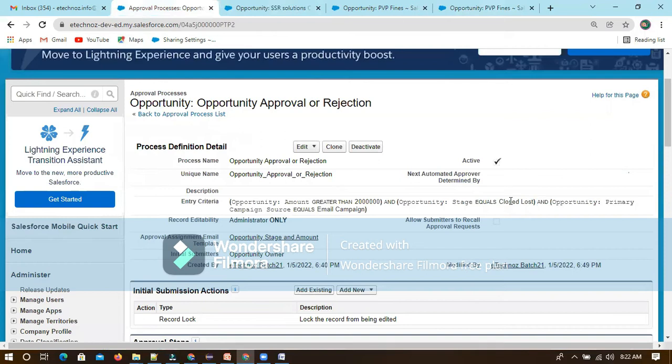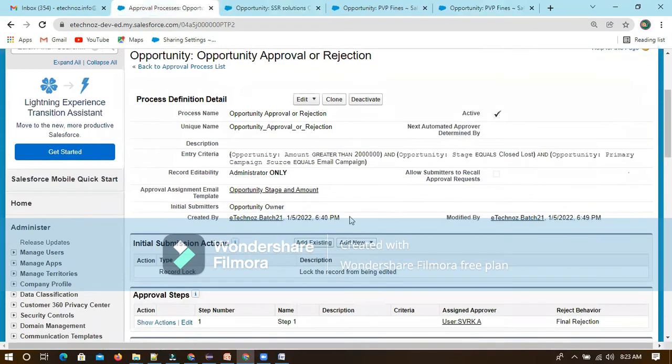So it is having the same criteria, right? Stage equals closed lost, and opportunity primary campaign source equals email campaign.